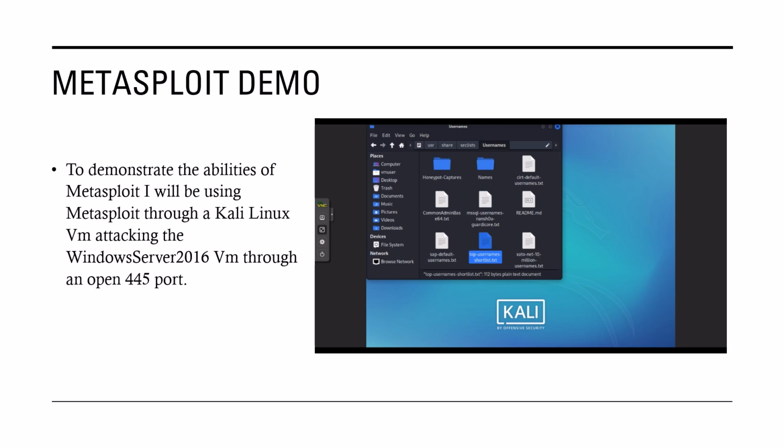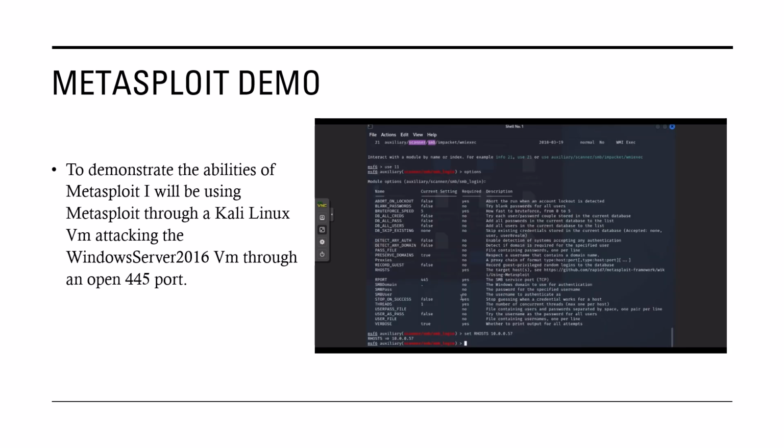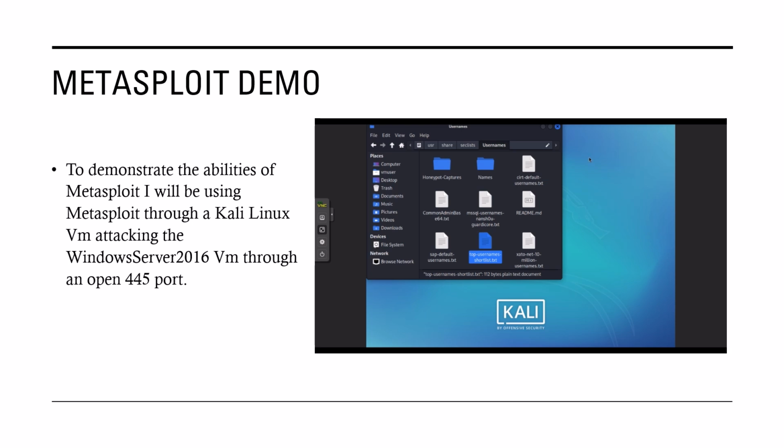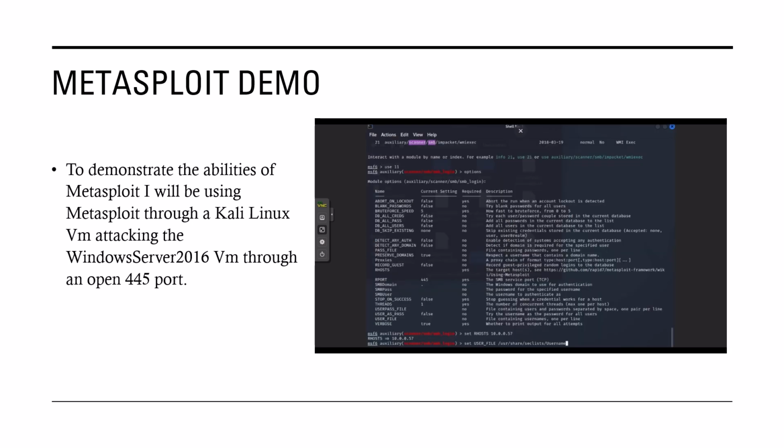So to go ahead and use that within here, we're going to go back to our Metasploit, do set USER_FILE, all capitals, and then we're going to document the path to that. So /usr/share/seclists/Usernames. Was it Username or Names? It was Usernames,